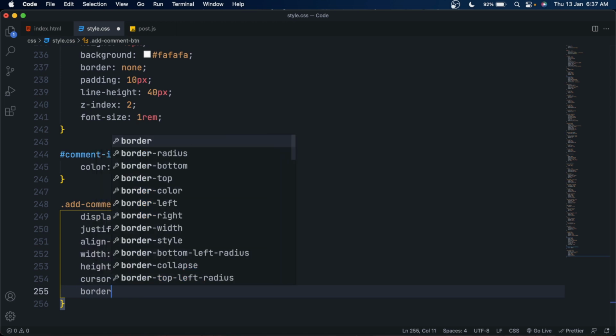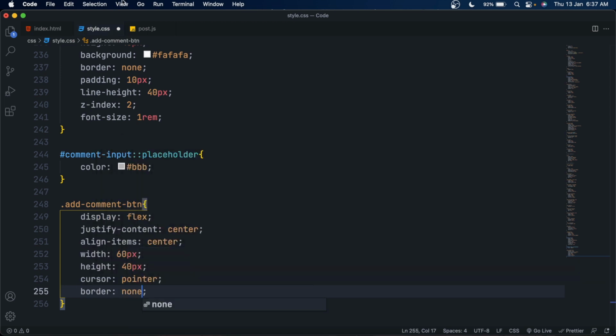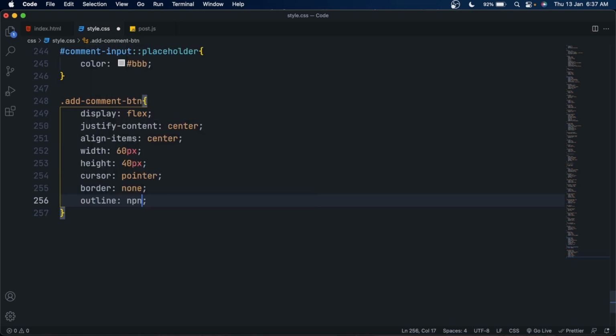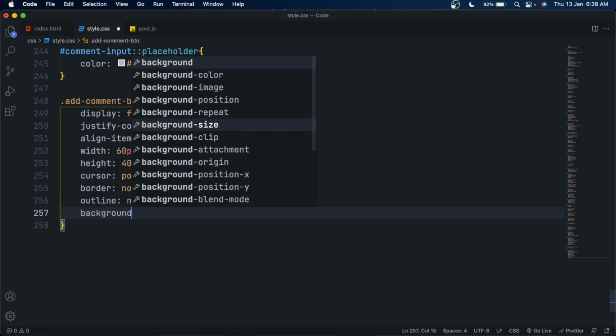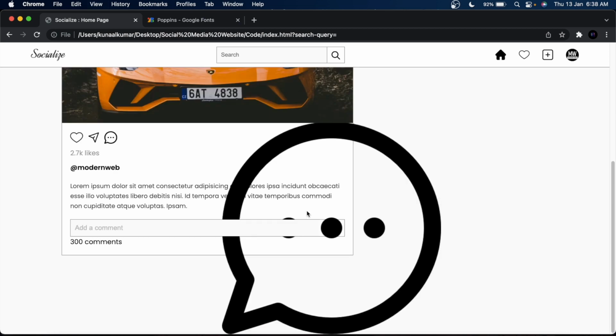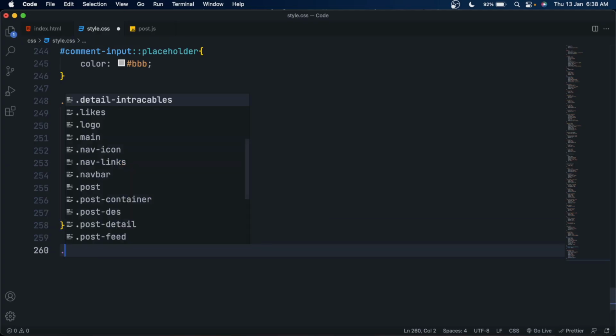Awesome. Also remove its border by setting border to none, and also remove its outline by setting outline to none, and set its background to white. And yeah, you can see the button below the image.